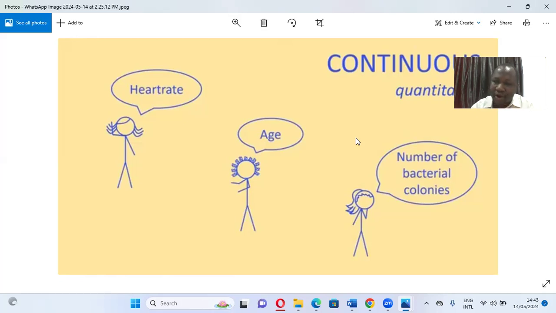So quantitative data are continuous in the sense that they are numbers. If you say the age of a person in the questionnaire, if it is stated in an open-ended question, in the sense that it has to be filled in by the person, like 18, 19, 20, then that is continuous data. That's quantitative data. But once it is categorical in the questionnaire, and they put options there,